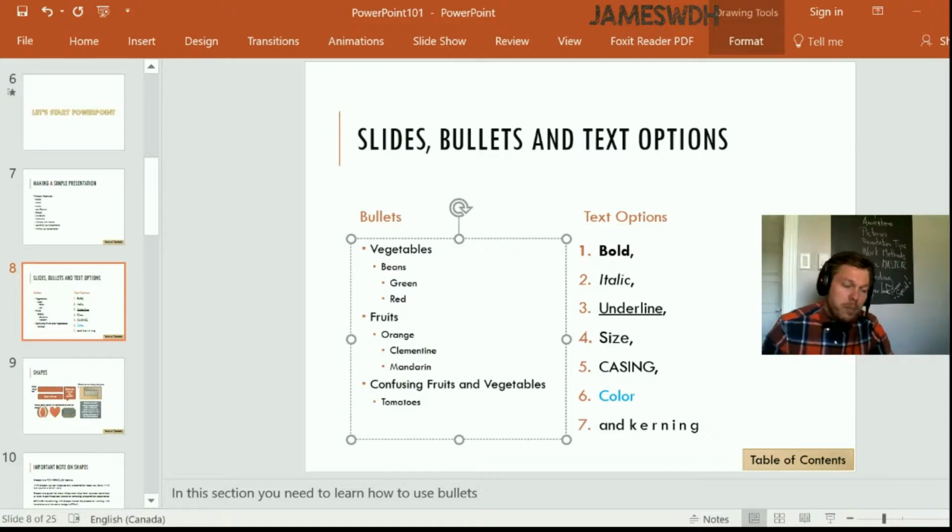But I was able with tab and shift tab to manipulate my bullets, right? So if I decide that this doesn't exist anymore, I can hit backspace and it falls into fruits and deletes it. If I think tomatoes are its own category, I can hit shift tab and it goes back to be its own category. If I think it's part of oranges, I can hit tab and it moves inside of oranges. So tab and shift tab really help you navigate your bullets and decide on which indent they are in,